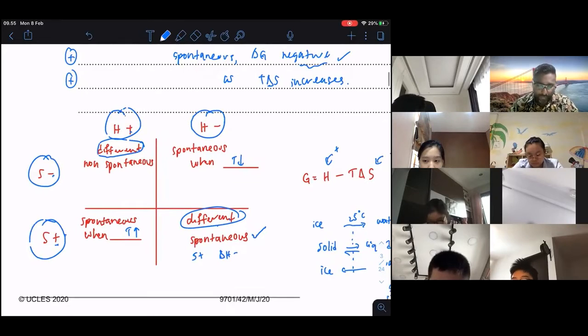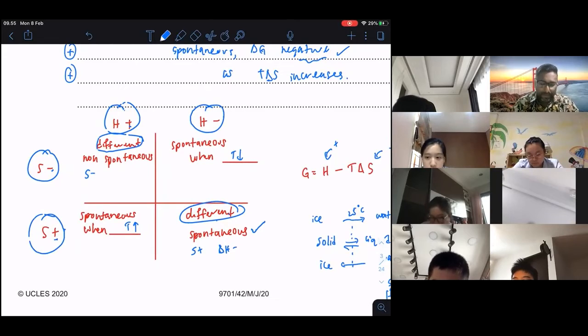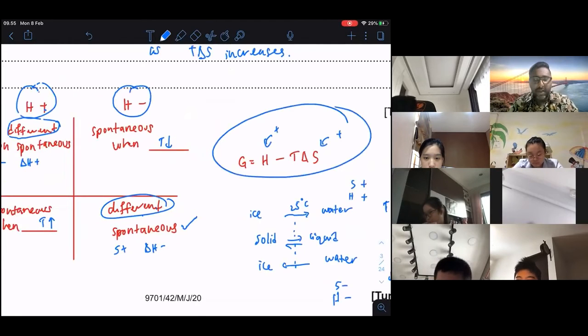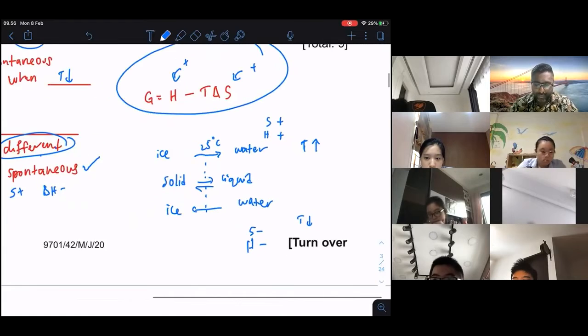Now if you have entropy negative, and then delta H positive, endothermic, the reaction is going to be non-spontaneous, doesn't matter whatever temperature you use. It's quite easy to determine, but all this we determine using this formula. Now in order to determine for these two quadrants, this one I have explained to you in the